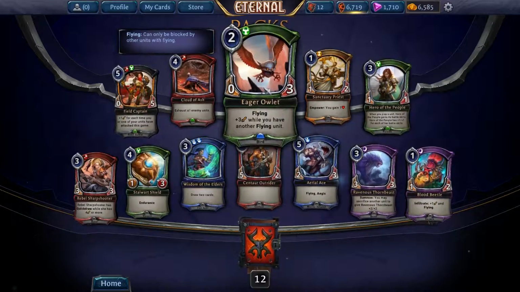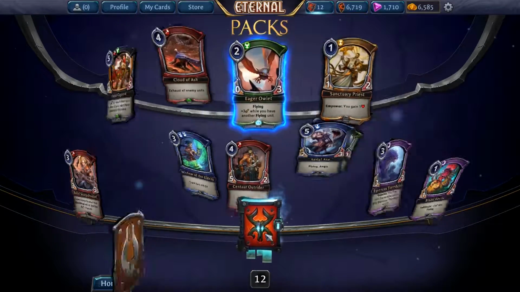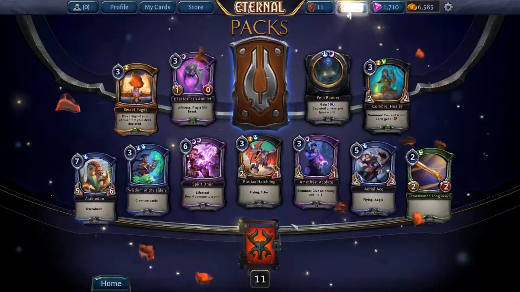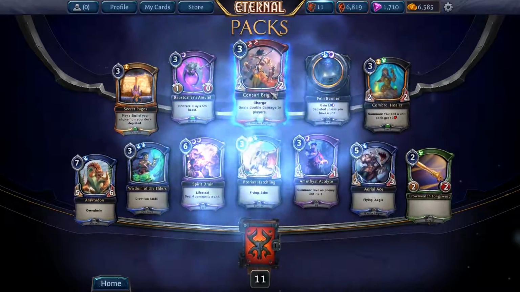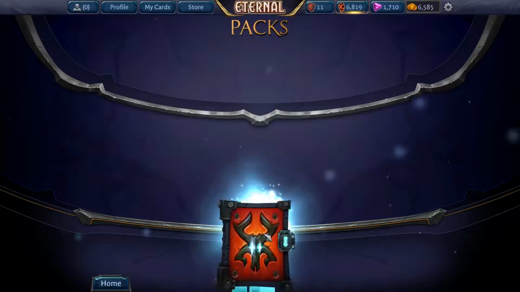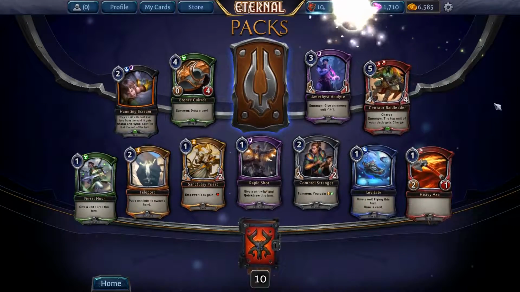Flying, I guess. 2 mana 3/3 flying might be good, but you do need that other flyer. Not sure where all the flyers are and what colors. Seems like blue and maybe, well, that one was green. Maybe like blue-green. We've seen this one before as well. Come on, we're down to the last 11 now. We have,